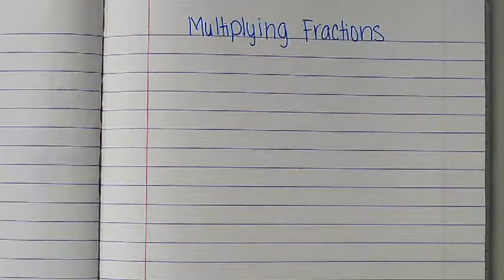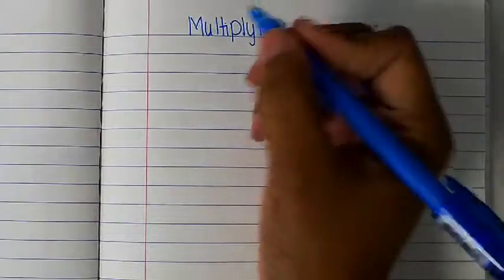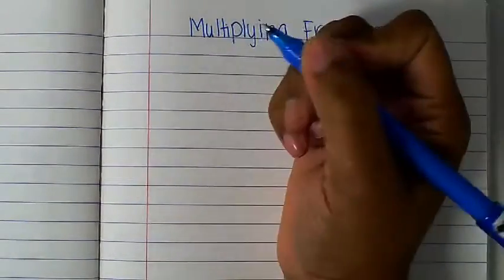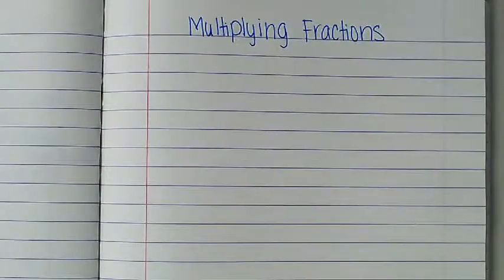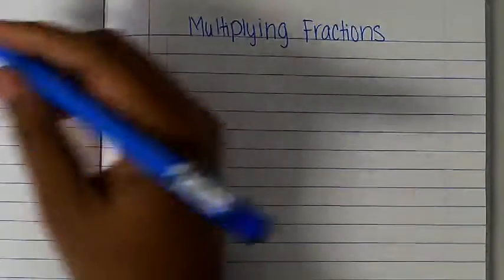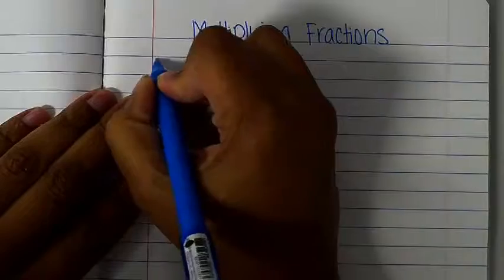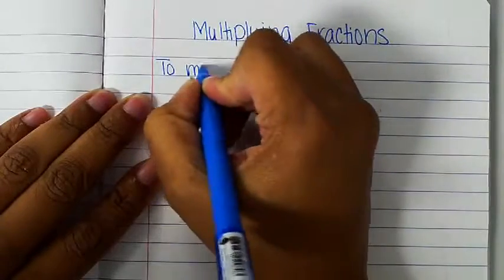All right, multiplying fractions is one of those things that's pretty simple. The actual act of multiplying is simple, but all the things that go along with it can make it hard. So, first of all, we're going to write down how to multiply fractions. We're going to multiply numerators by numerators and denominators by denominators, and then simplify. Okay, so to multiply fractions,